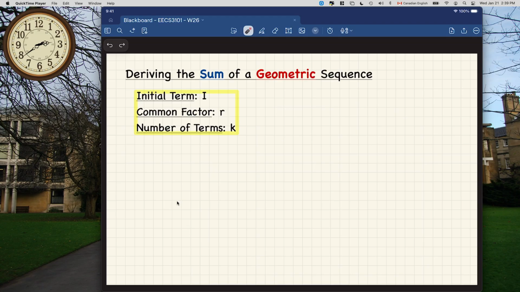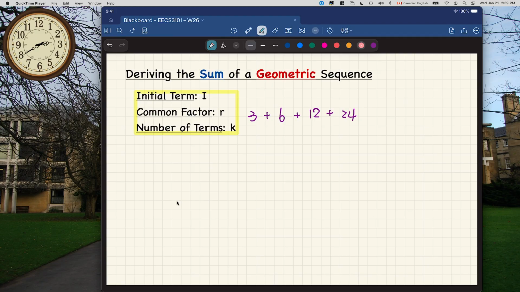Let's see an example. Okay, geometric sequence. So one example would be 3 plus 6 plus 12 plus 24. I'm trying to calculate the sum of the sequence numbers, and the numbers are 3, 6, 12, and 24. And this is a geometric sequence because if you look at how each pair